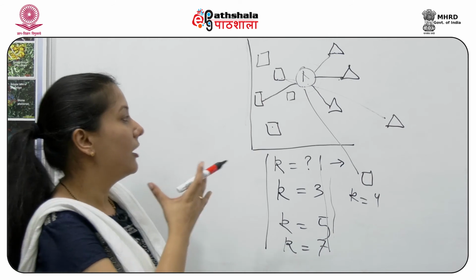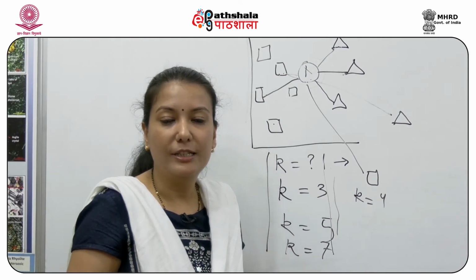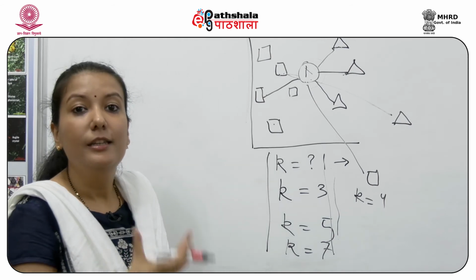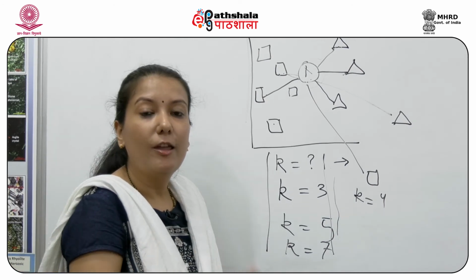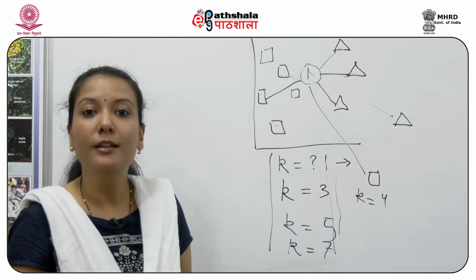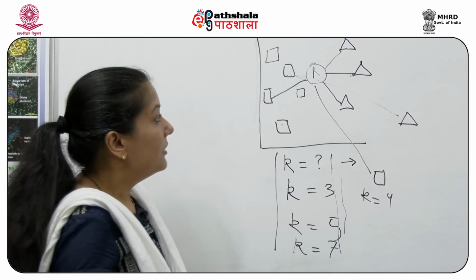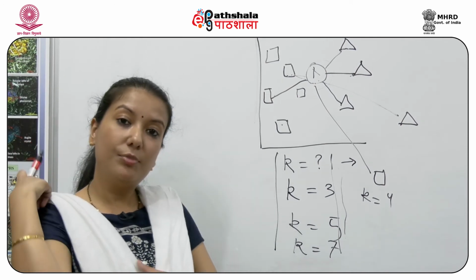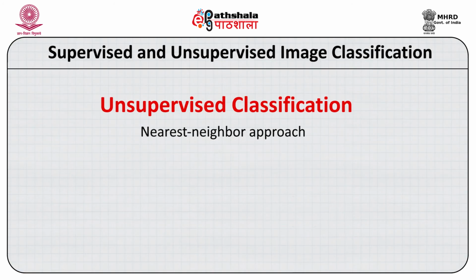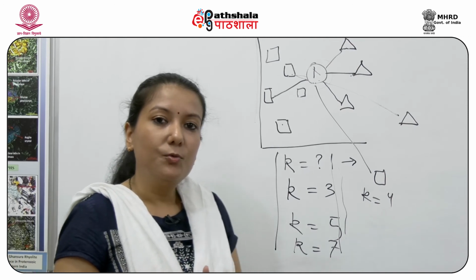So this was one way of representing this unsupervised classification of a pixel in a very simple format. This is done for every pixel by the system, so you can imagine how time consuming and computer expensive it could be. Now the second approach is what? The second approach is the k-means approach, or you also know it as the isodata approach in the NV software. In this approach, what does it do?